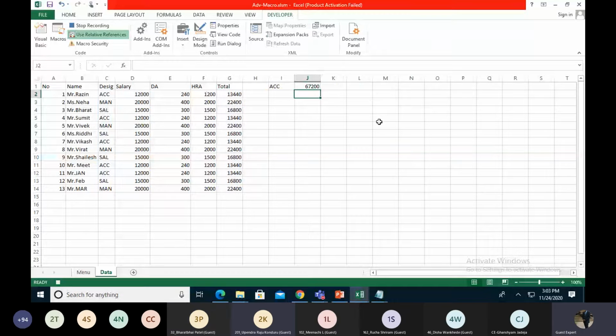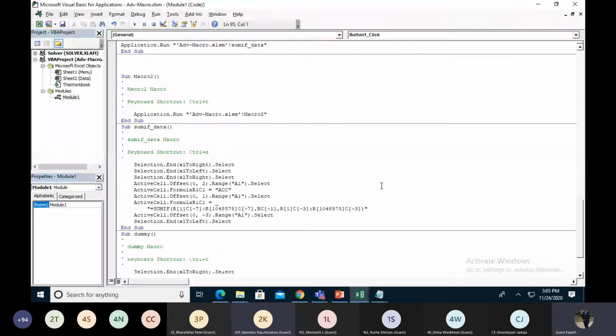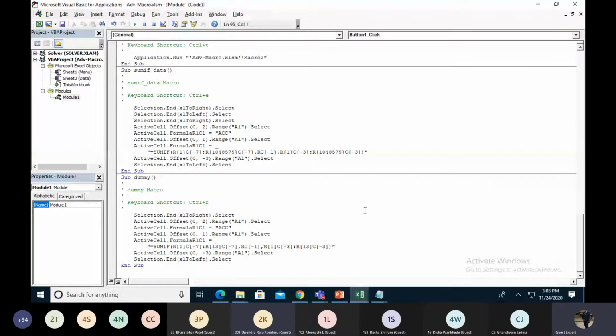Then I go to J1, then I1, H1, G1, and I jump Control A1, left arrow and number. And I click Use Relative References and stop macro. Am I right, sir? Yes, correct. Okay. When we go to the macro editing section, you have to see this. They are only taking R1C minus 7, R13C minus 7. The value is going to be very fixed.